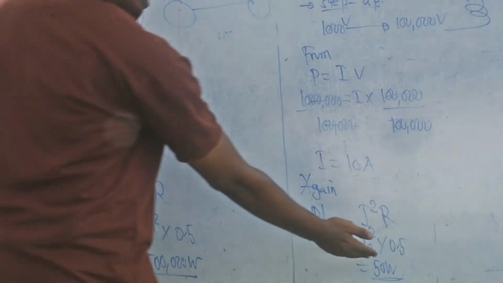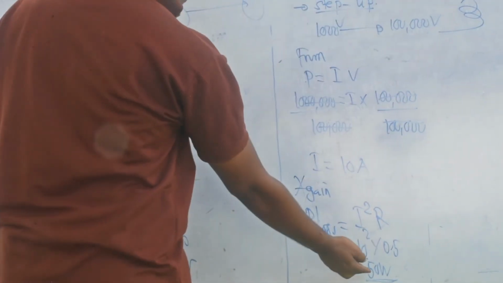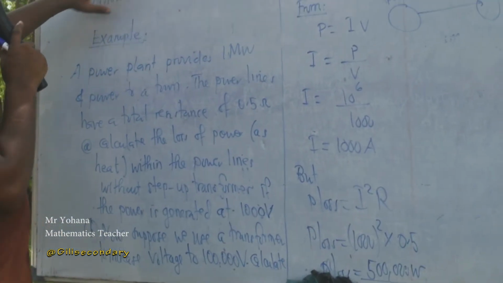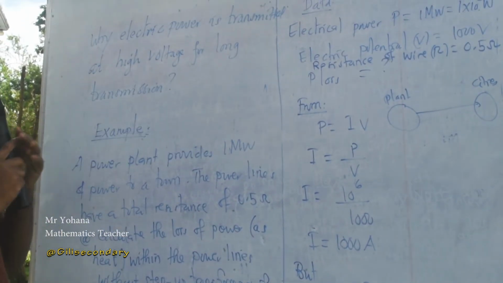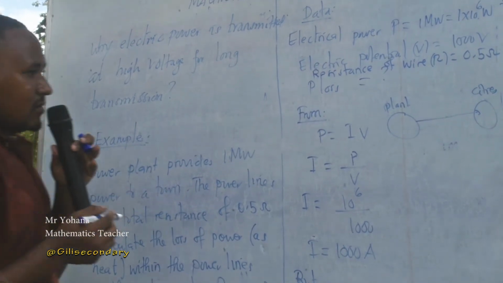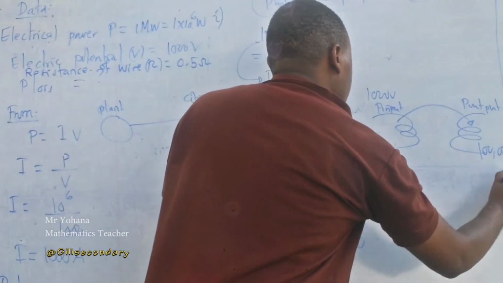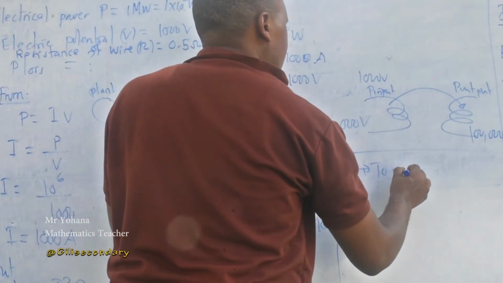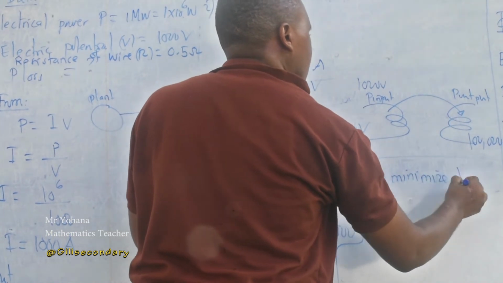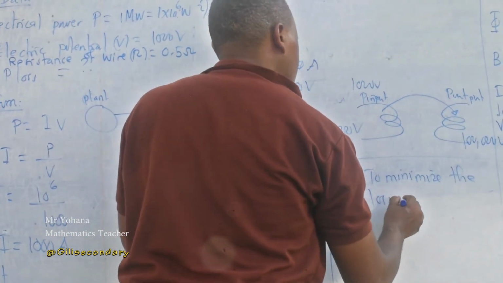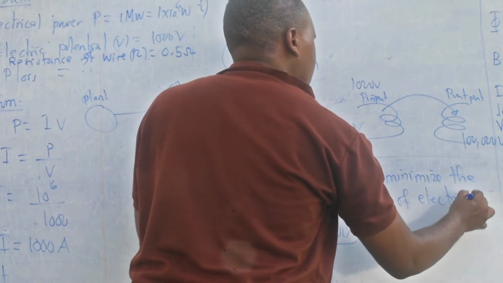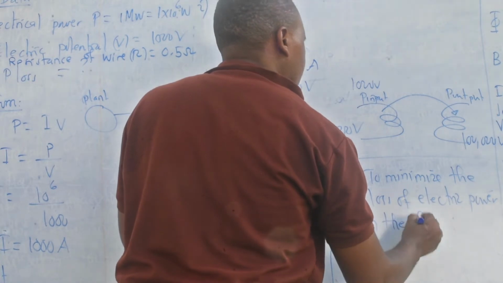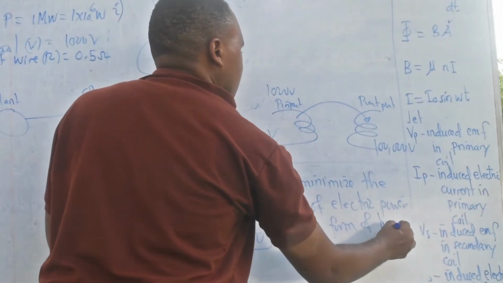So it seems that whenever we increase the potential, the power loss goes down. This is the reason now I can answer this question: why is electric power transmitted at high voltages for long transmissions? The answer of the question is this one. To minimize the loss of electric power in the form of heat